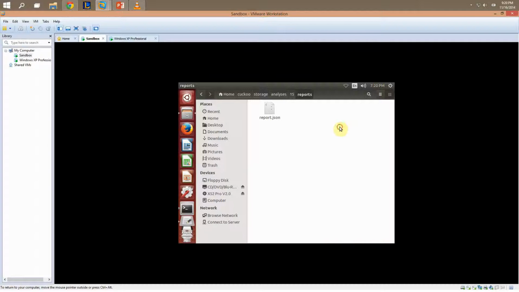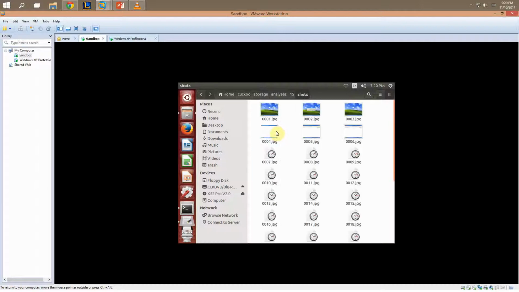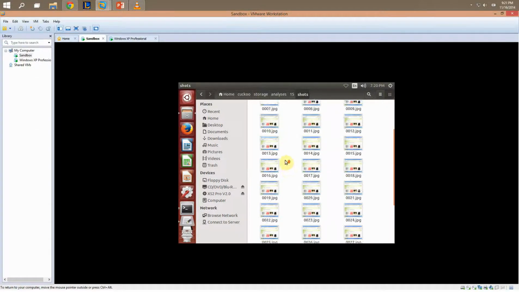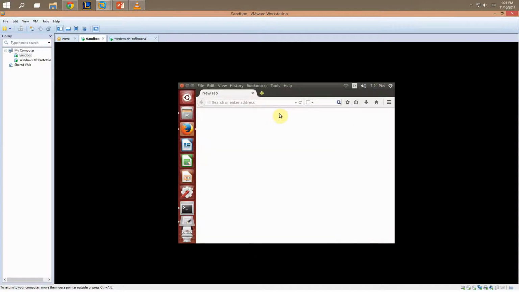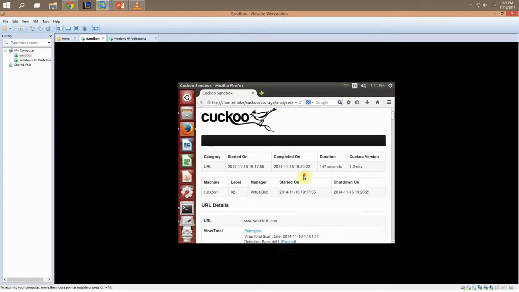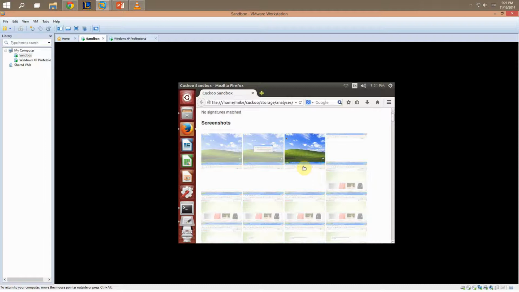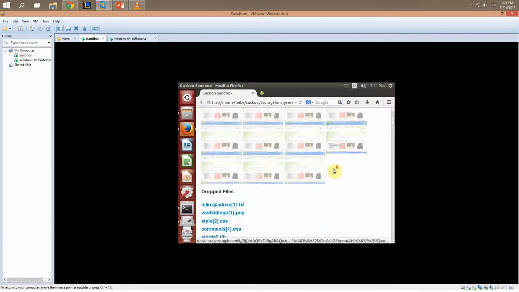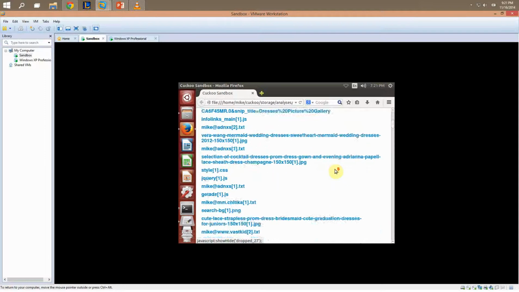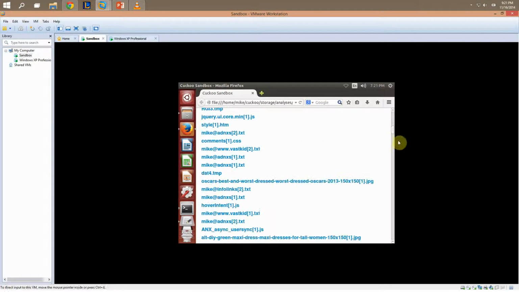And it also generates a nice report. I think it's finishing the HTML. We'll give it a sec here. It takes a bit. Obviously, they populate all these screenshots too, and put them in the report as well. There it is. And now this report shows all the different screenshots. It runs through all the different things that it clicked on, and all the files that were downloaded for it,